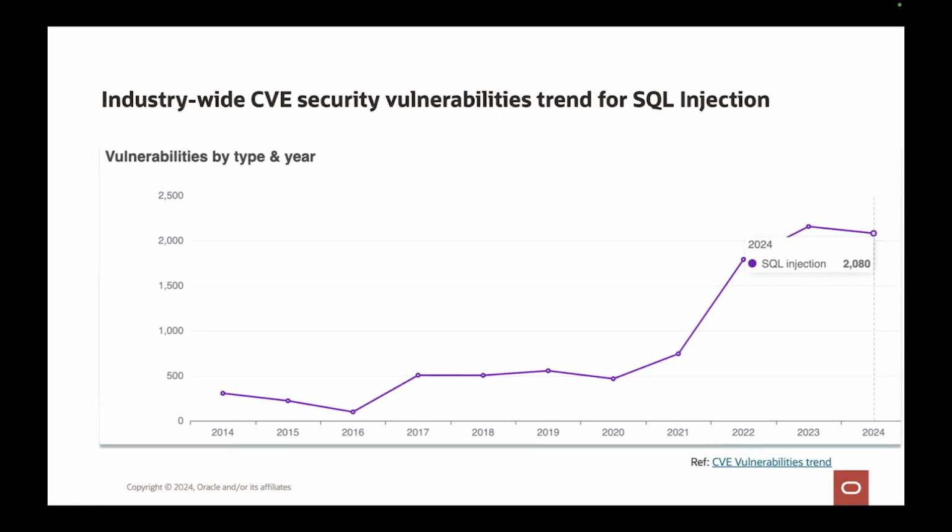So the traditional approaches clearly haven't curtailed the SQL injection risk, of course, to some extent for known things, but for any new vulnerabilities, zero-day exploits, I don't think traditional approaches are going to